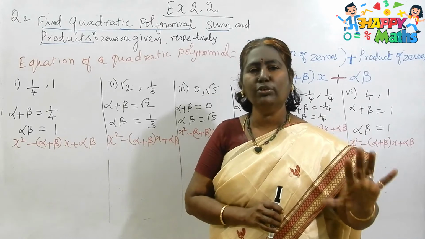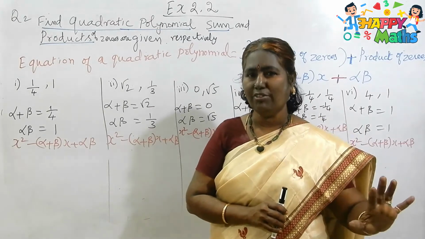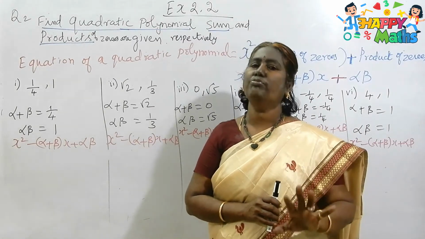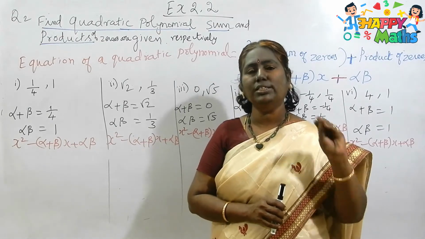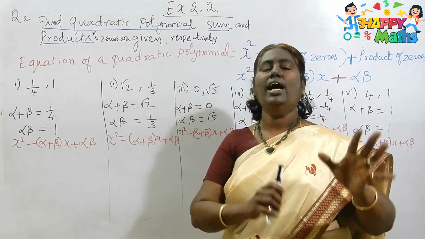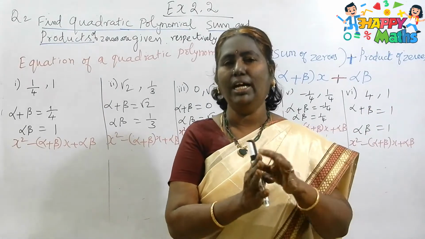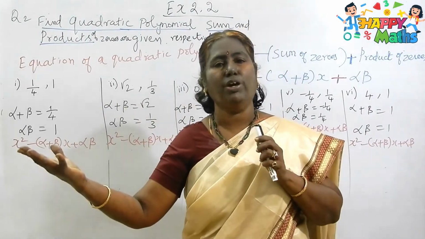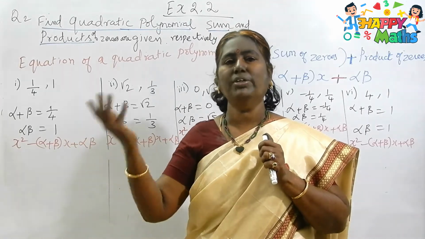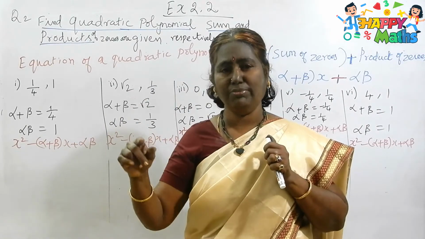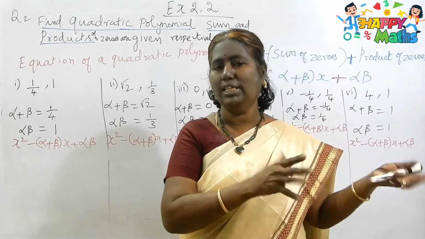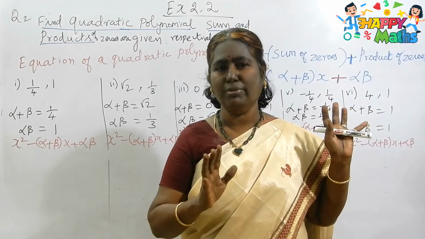After finding the zeros, what are they? They are the value of alpha and the value of beta. We have taken one root as alpha and the other root as beta. After taking alpha and beta, we verified the coefficients formula, that is, minus coefficient of x by whatever it is. Okay, we have seen that in that polynomial. That was the question number 1 video.